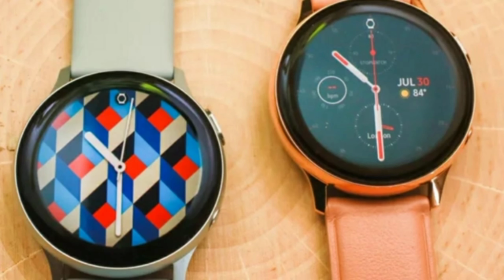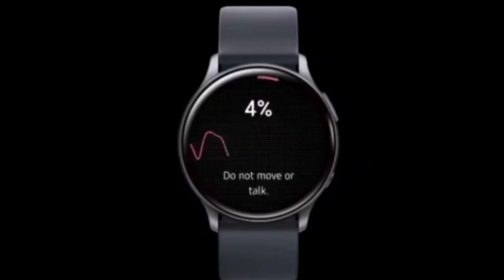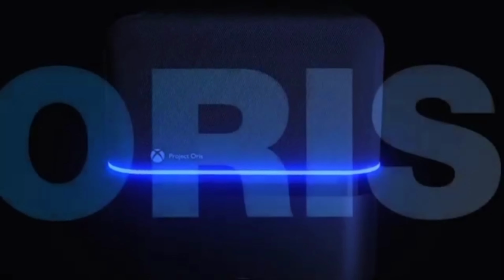First, we have a new health update on Samsung Galaxy Watch Active 2. When this watch was released, it came with a blood pressure monitor, but there was no app to access it. But now there is. The Samsung Health Monitor app now lets you find your blood pressure. It received official approval from the South Korean Ministry of Food and Drug Safety. But before you can use it, you must calibrate it using a traditional blood pressure monitor. Afterwards, you must do this once every month. Please note that as of now, only the Korean government has allowed this, but I'm sure other governments will soon